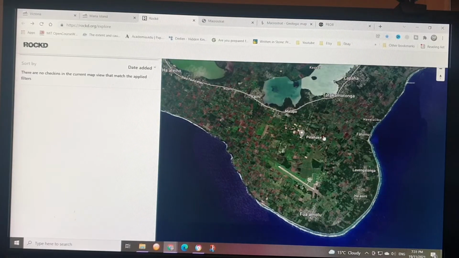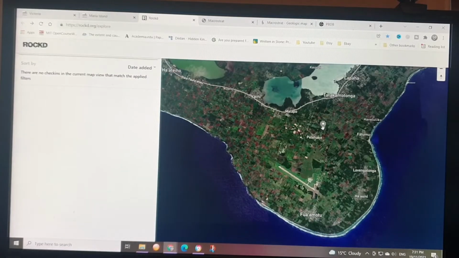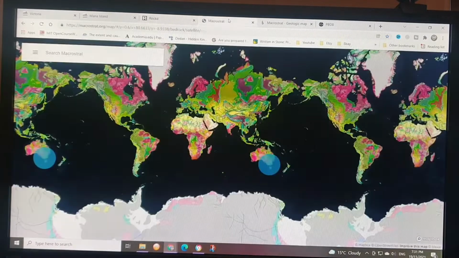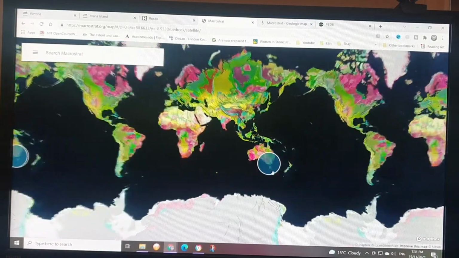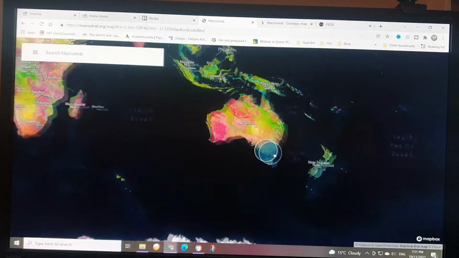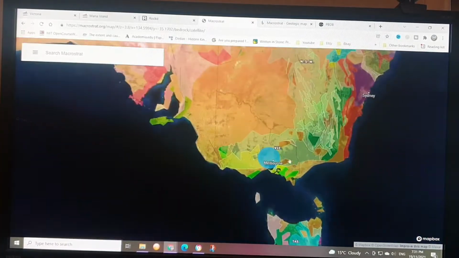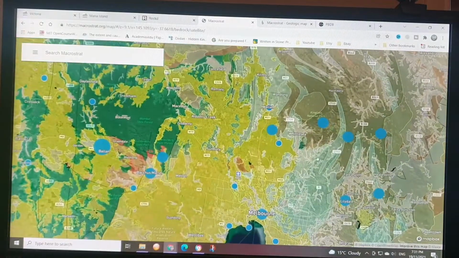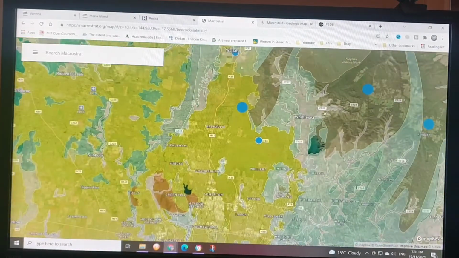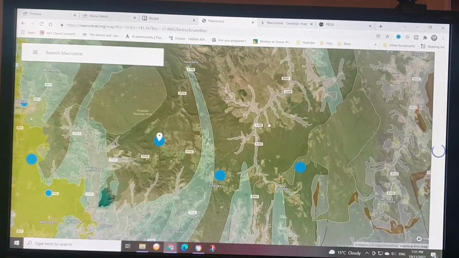Okay, it needs to just pick up. While it's doing that, we'll have a look at the other map. So the ROCKD map, I believe the geological map is better quality, but this one has different features. So if we zoom in, it has the same features, but these blue